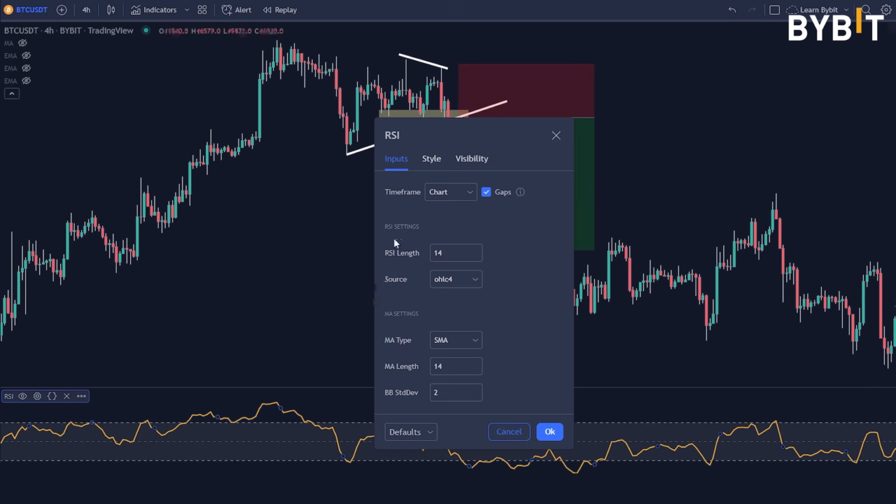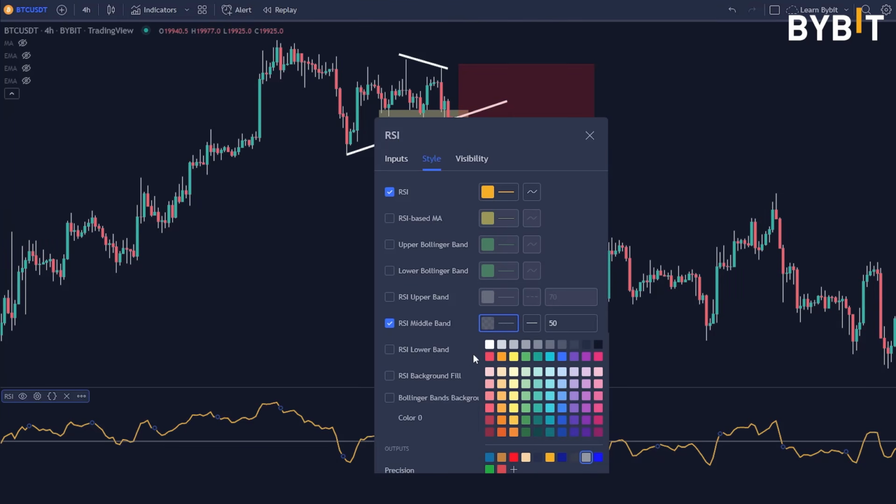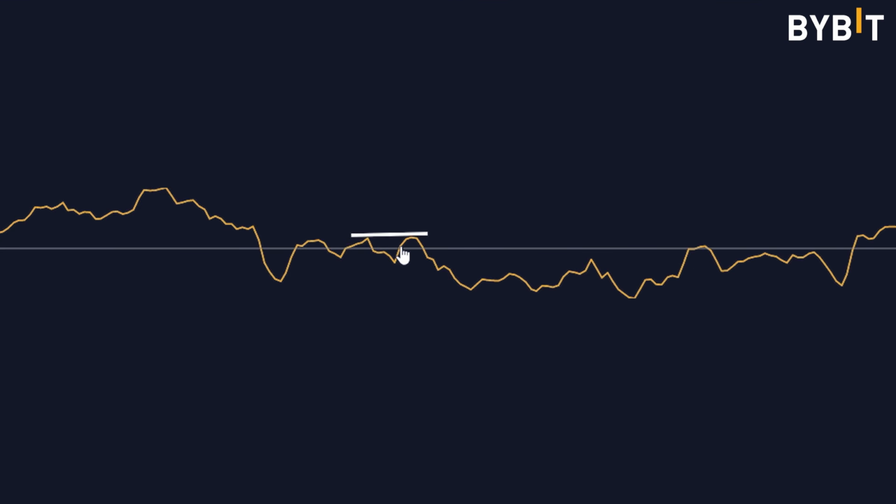The second adjustment that you can make to the setting on the actual chart is you can get rid of the upper and the lower band and just leave the midline. The midline would show up near the 50, and turn off the background as well. So this midline near 50, if we focus in on this, the hidden divergence appeared near the midline.